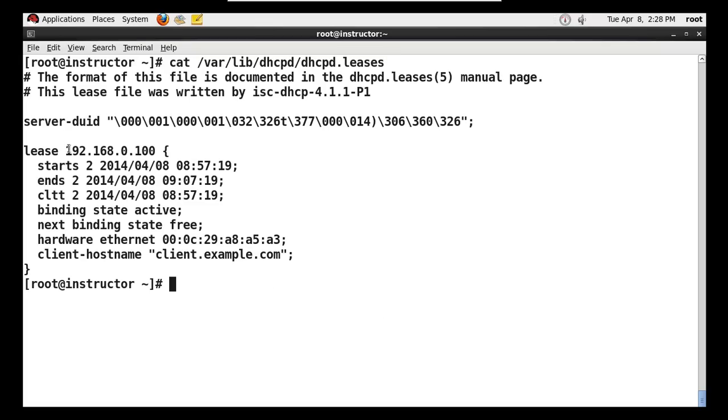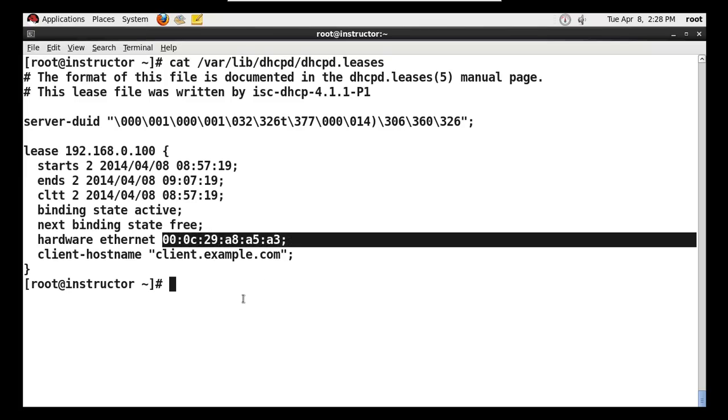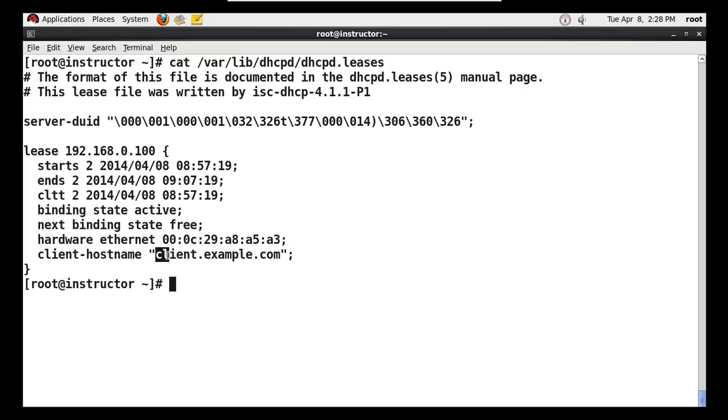See, the leased IP address is 192.168.0.100, and it starts at this date and will end at this date, and its MAC address, that means hardware address, is 000C29A8A5A3, and the client host name is client.example.com. So our task has been completed successfully.